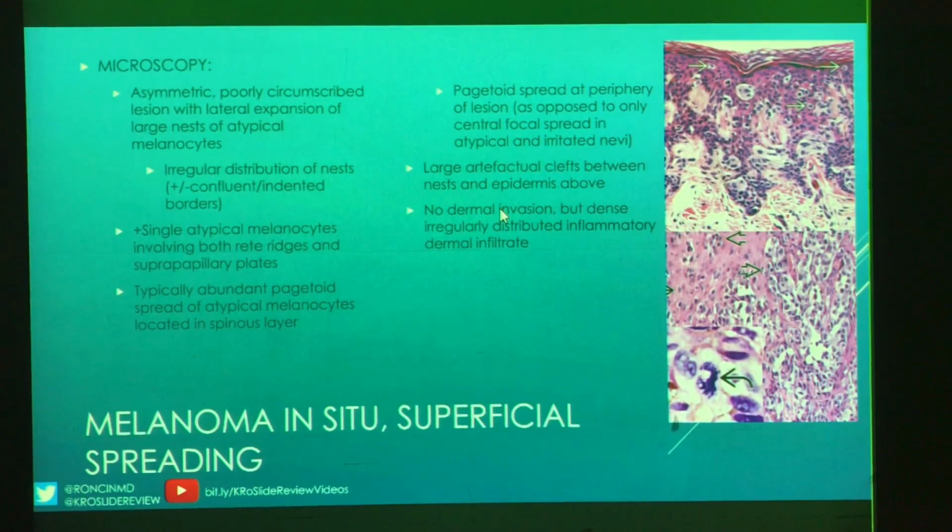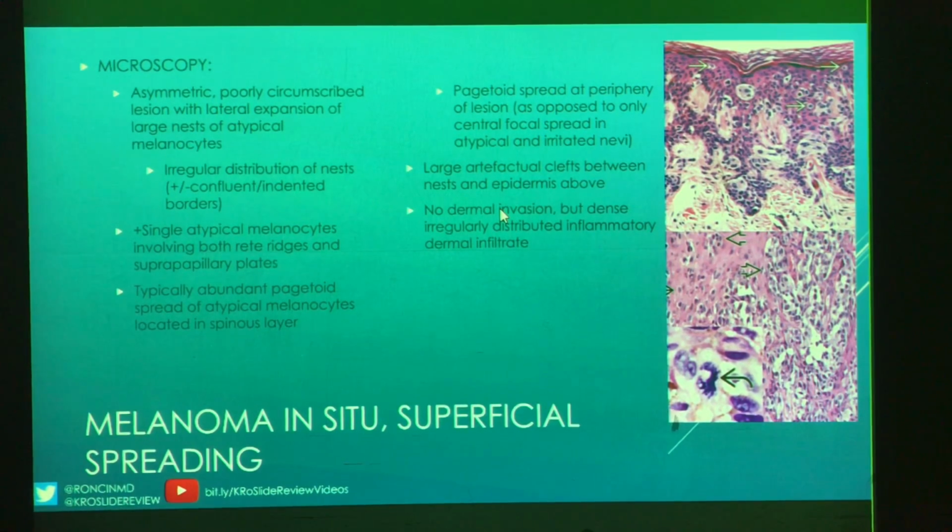So again, these are asymmetric lesions, very poorly circumscribed, as we saw, and you have this lateral expansion. So this more lentiginous type spread, even though we don't really want to use that term, but it's a lateral expansion of these nests of atypical melanocytes involving the epidermis. And it's a relatively irregular distribution. So in the case that we had, they were somewhat confluent, which you can see, but you don't have to see that. And we did have those atypical melanocytes that were single, and they were going everywhere within the epidermis,